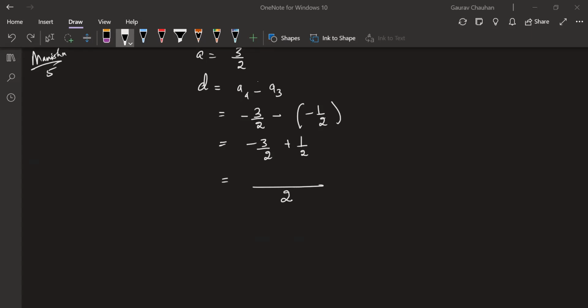बोलो yes, no, कुछ समझ आ रहा है नहीं? My numerator becomes, since the denominator is the same, minus 3 plus 1, no change. That gives me minus 2 by 2. d is equal to minus 1. Okay. क्या तुमने डिनोमिनेटर में 2 minus 2 किया ना?